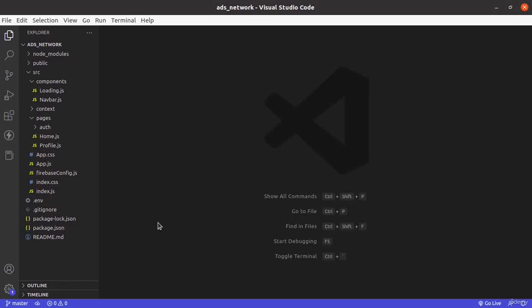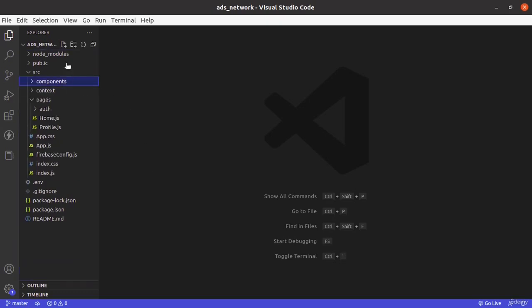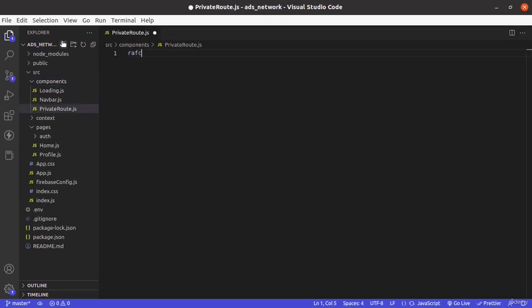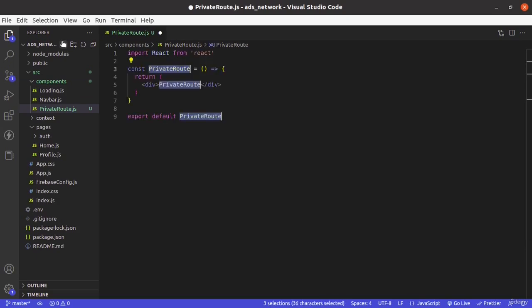Alright, so now we will work on create ad functionality, where the user will be able to upload the information about the product he wants to sell, and it will be a protected route. Only an authenticated user will be able to upload the ad. So in components, let's create a file, private route, and we will bring context. So use context,